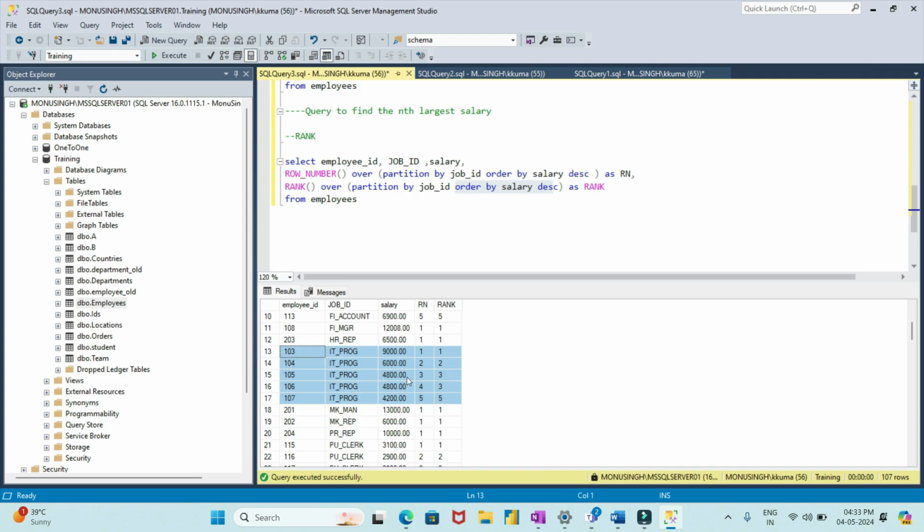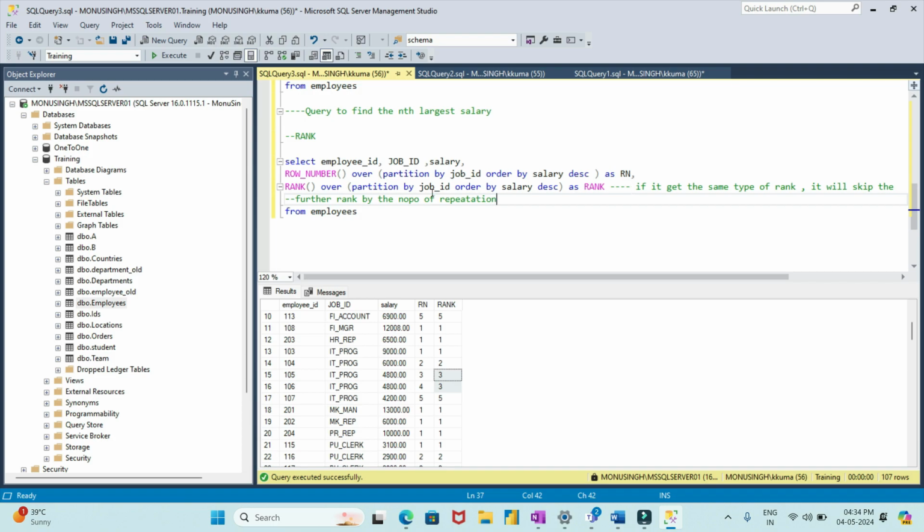एंड अगेन जैसे ही मेरे पास 3 लोग आए, लेट्स सपोज थर्ड रैंक के लिए मेरे पास 2 लोग थे, सैलरी विथ 4800, तो वी पुट इट एज 3 3, बट अगेन व्हाट इट विल डू, इट विल स्किप द फोर्थ रैंक। ओके, सो रैंक क्या करता है, अगर सेम टाइप ऑफ रैंक उसको मिले ना, it will skip the further rank by the number of repetition। बेसिकली यहाँ पे 3 2 बार है, दैट इज वाई इट इज स्किपिंग ओनली 4,